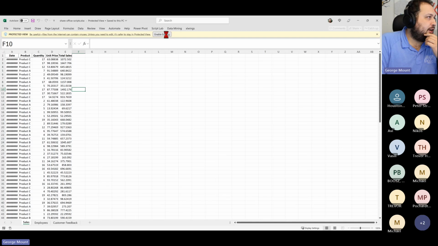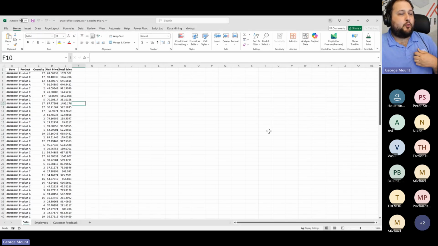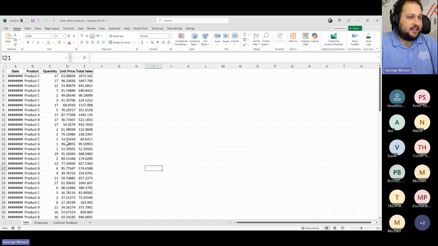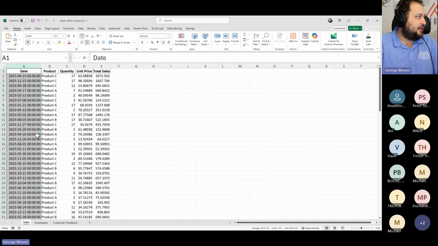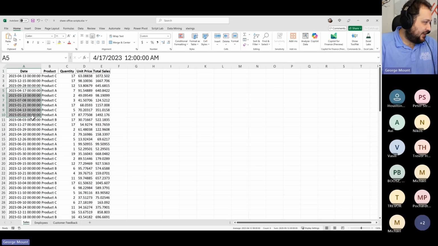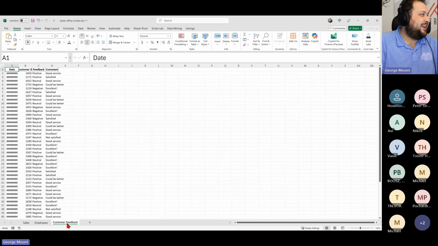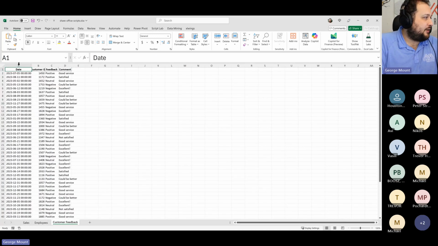Okay, so here we're going to get a little more sophisticated with the kinds of scripts that we're using. What I want to do in this one is create a table of contents worksheet. It looks like we could format that date column, but that's fine. We've got multiple worksheets, okay?